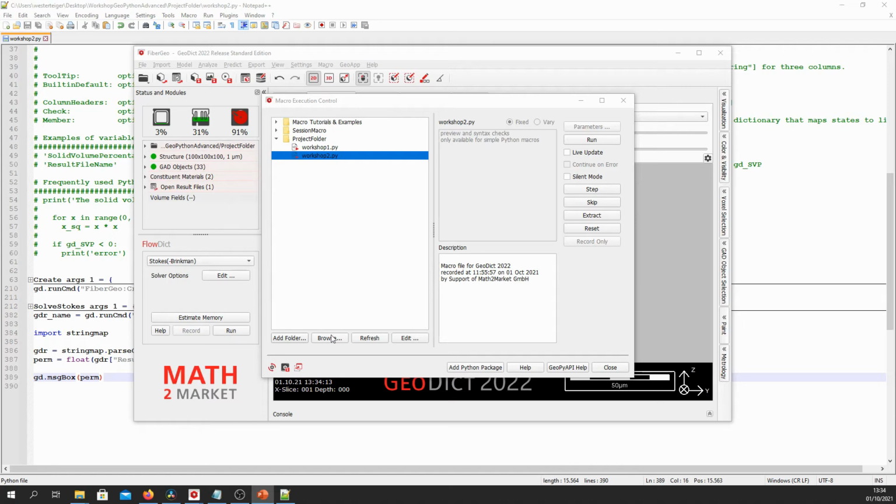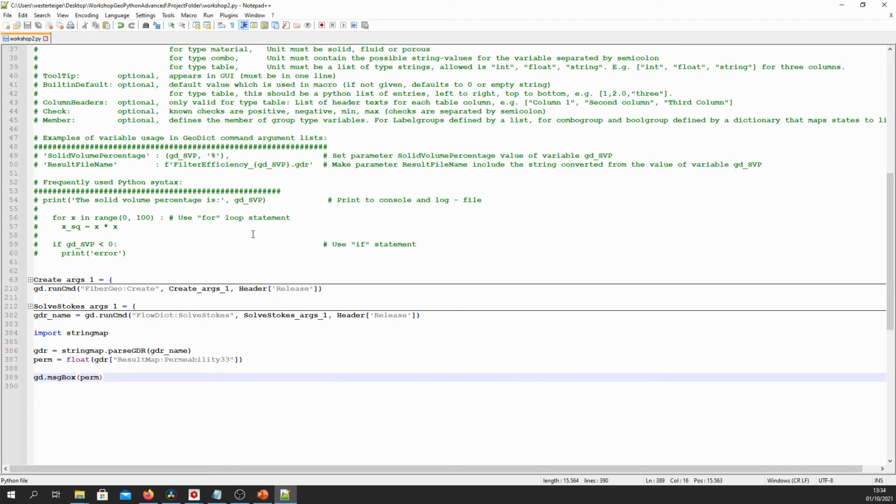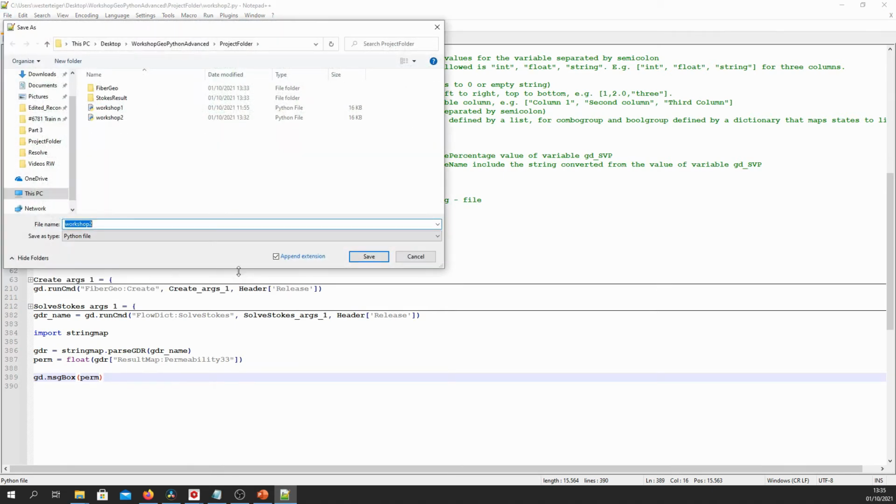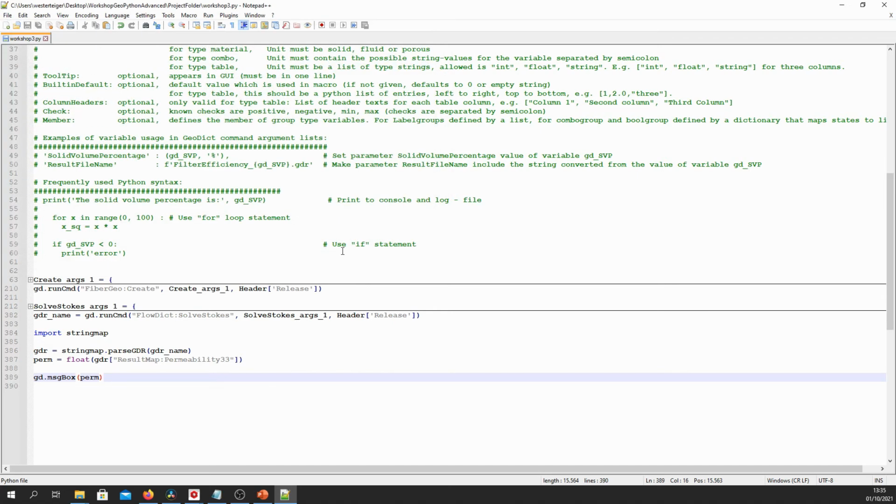Now let's again go back to Notepad++, to the workshop2.py file. And again, we save it as workshop3.py. And now what I want to show you is how you can reorder this code into functions in order to make it reusable.